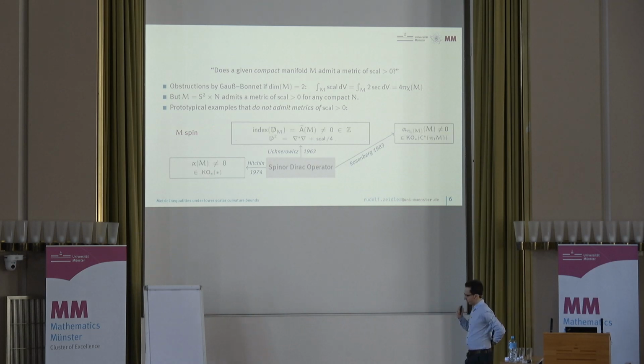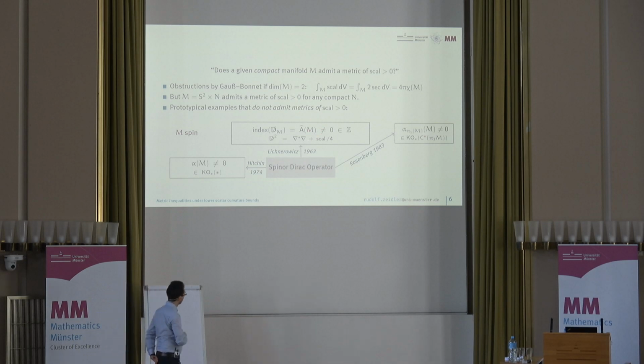As I said, this comes out of the Dirac operator and index theory. So on a spin manifold, you have the spinor Dirac operator, which has a numerical invariant associated to it, the Fredholm index, which can be defined as the dimension of the kernel of some part of the operator minus the dimension of the kernel of some other part of the operator. And this can be computed using the Atiyah-Singer index theorem to be a topological invariant of the manifold, the so-called